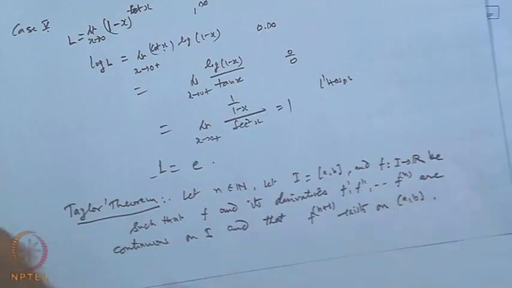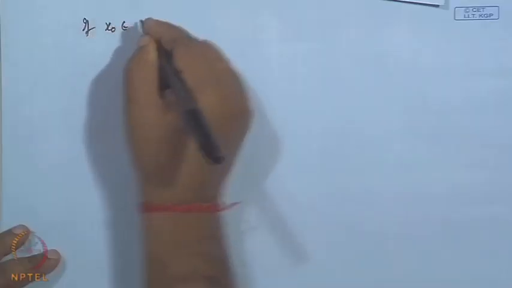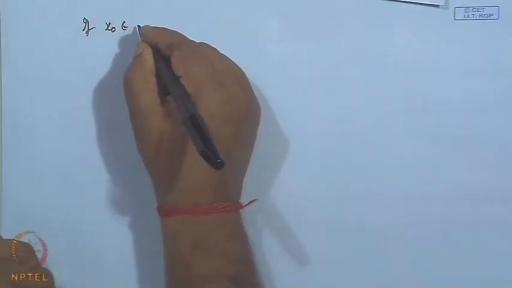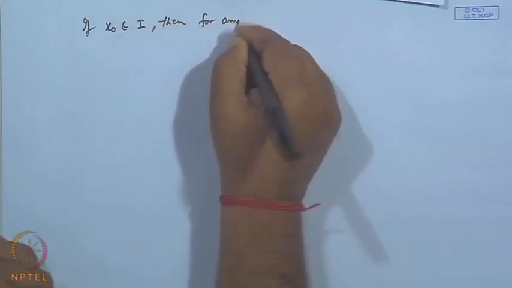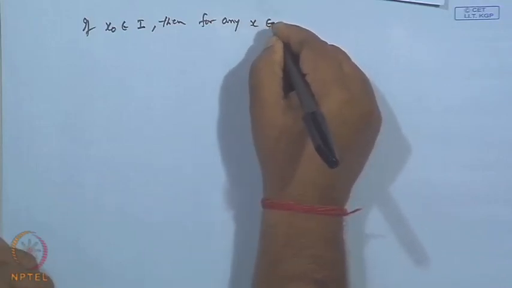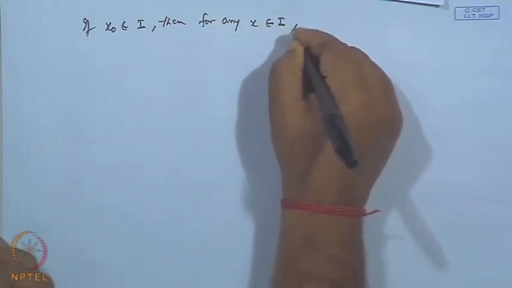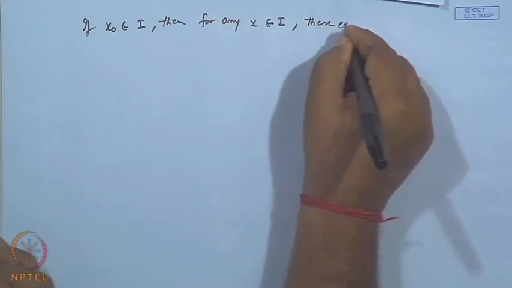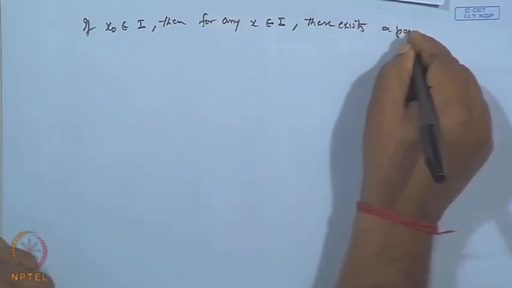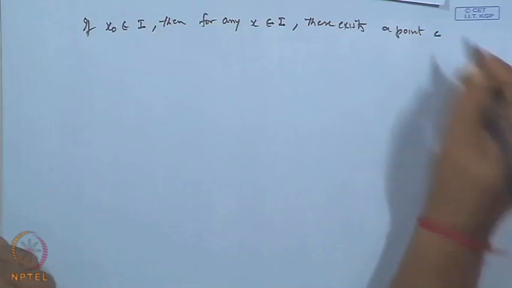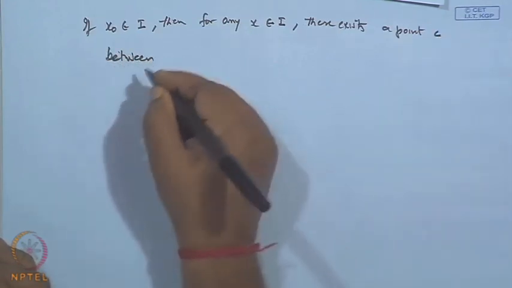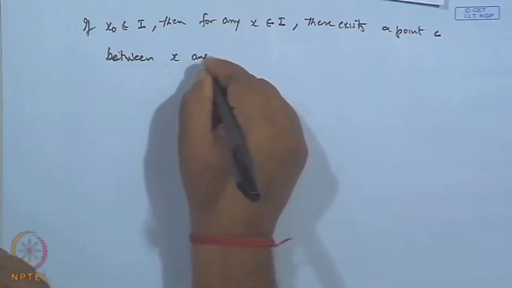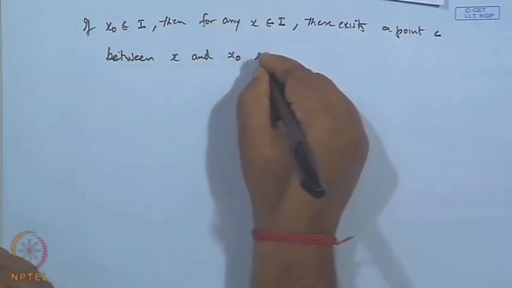Now, if x naught is a point in the interval I, then for any x belonging to I, there exists a point C between x and x naught, such that